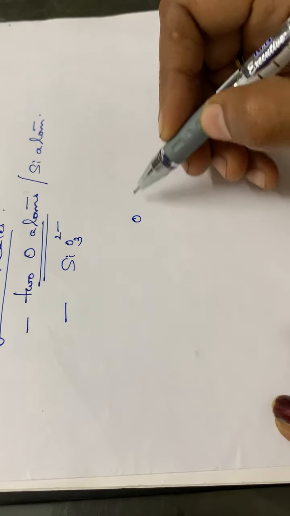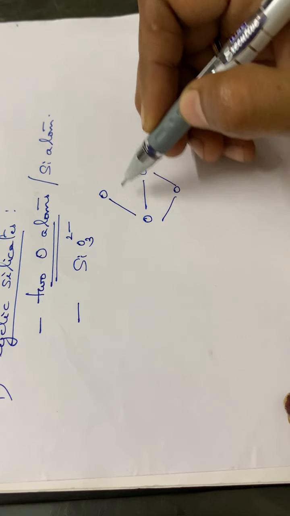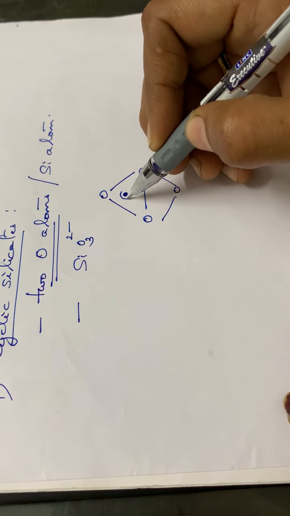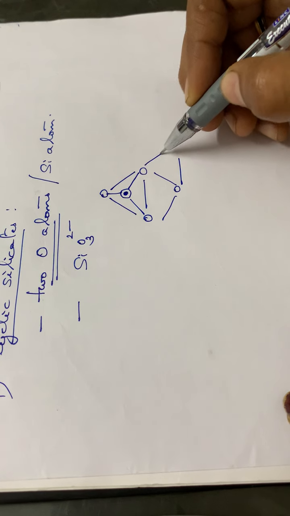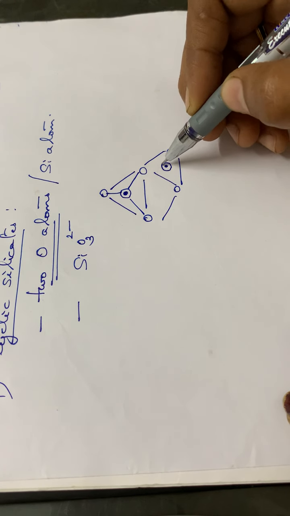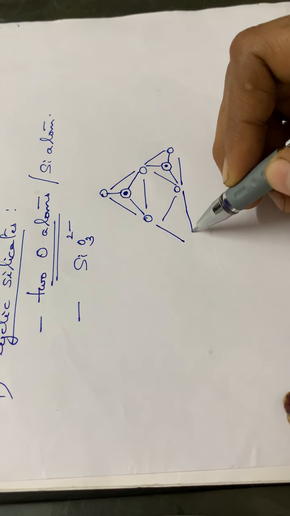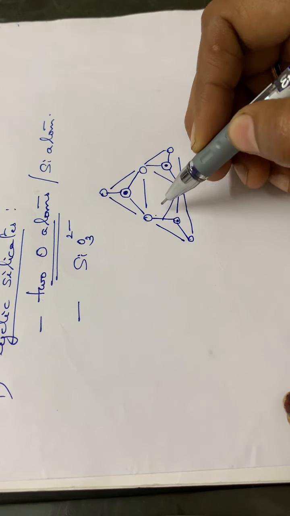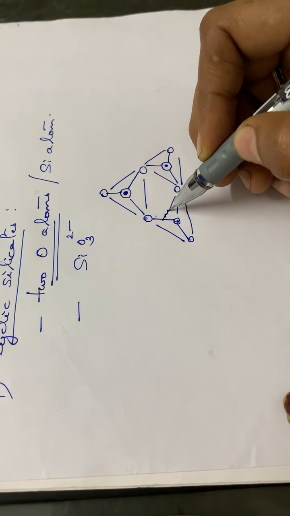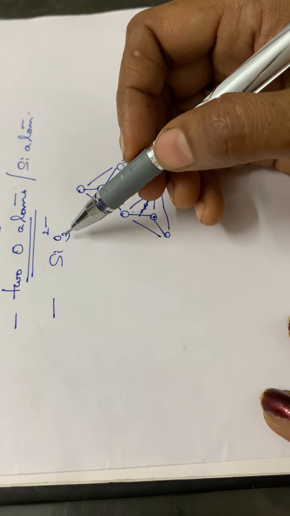The structure will be like this: oxygen, you have to draw like this, then one oxygen atom here. Here is one silicon atom, then one tetrahedra is formed, then another tetrahedra like this, with an oxygen atom and at the center one silicon atom. Then again at this point this oxygen atom will be sharing one silicon atom at the center. See here, this bond will be like this. So this is the structure of a cyclic silicate, and the single unit is SiO3 2-.